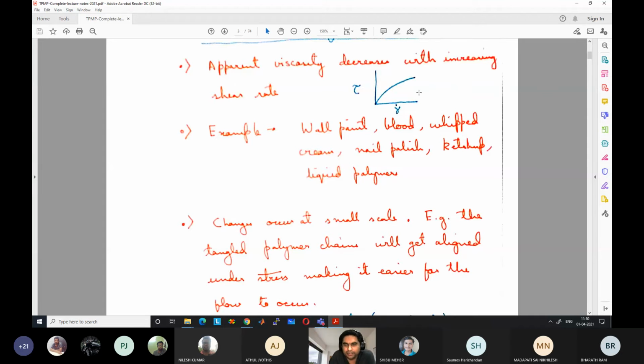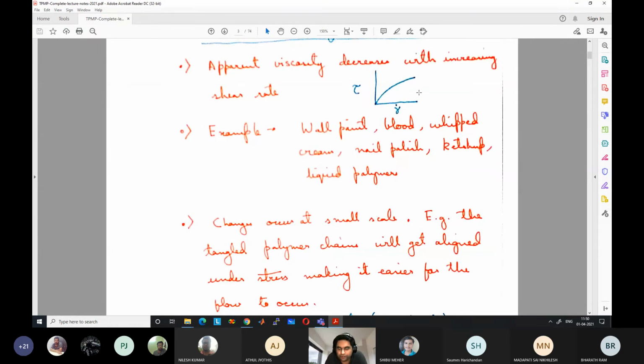Okay, and the paint will become non-uniform and it will look very bad. So when you remove the stress, the paint should behave as if its apparent viscosity is increasing, so that it does not flow easily anymore. But again, if you use a roller or a paintbrush, it can be applied very easily because the apparent viscosity decreases with the movement. Okay, so paint is designed in that way.